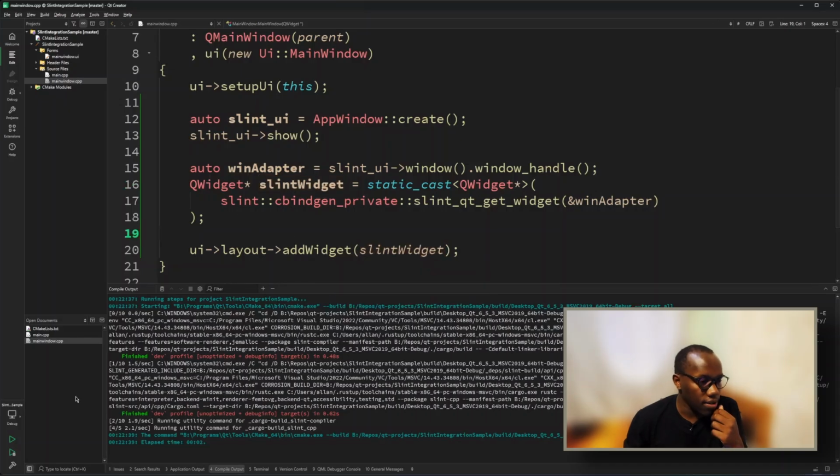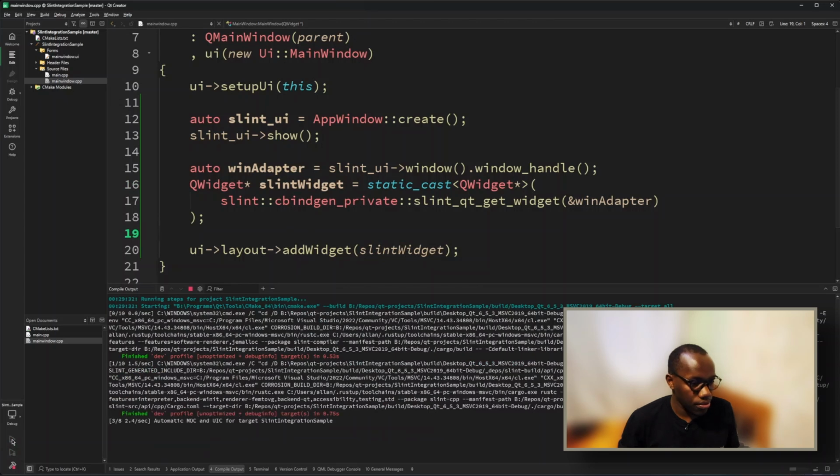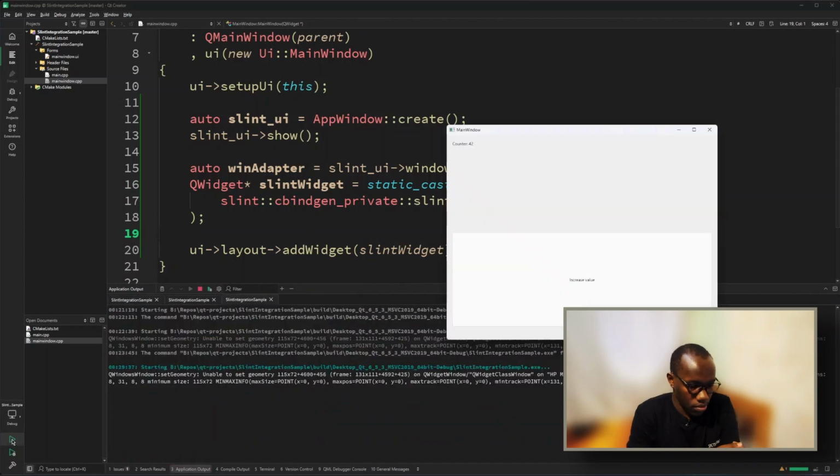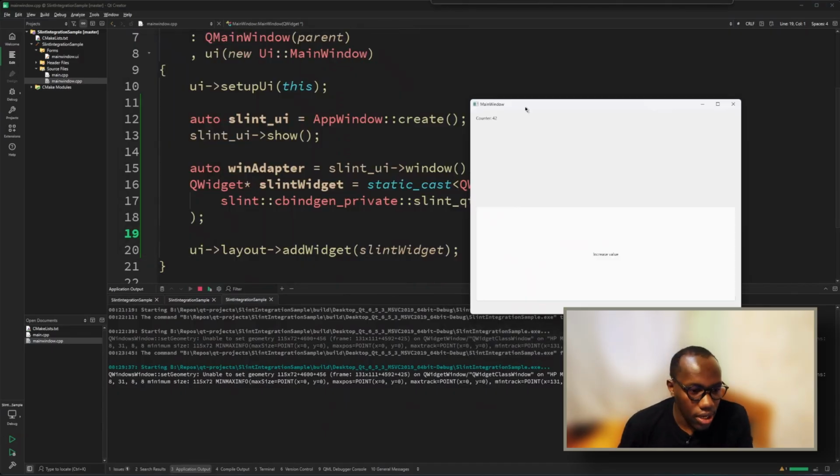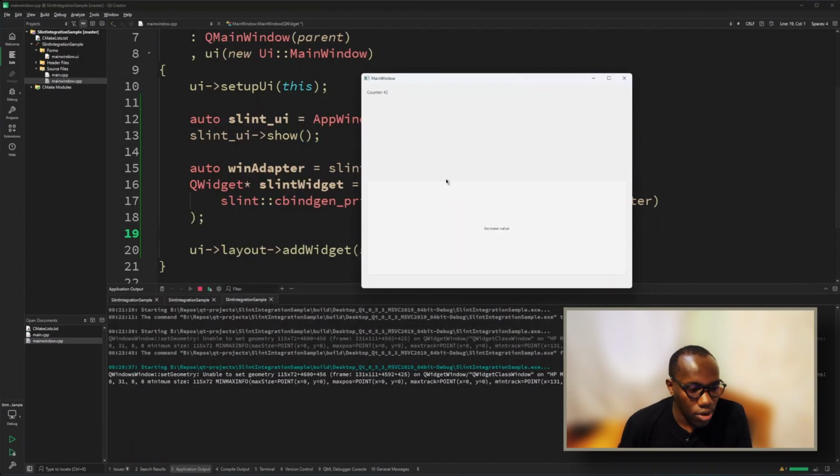So if we save this and run it now, you'll notice that both of them are now inside the same window. So we have the button increase value, and when I click it, nothing happens. So we need to also add the backend logic for the Slint UI itself for you to display some of these values here. So to do that,